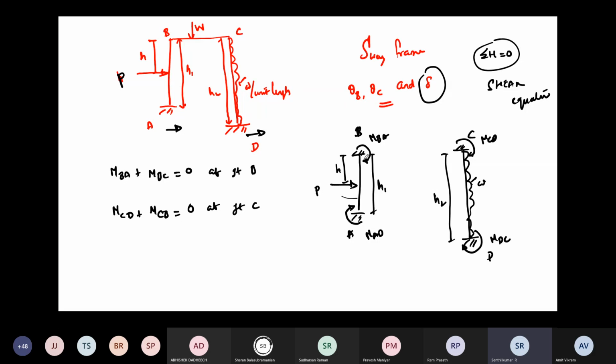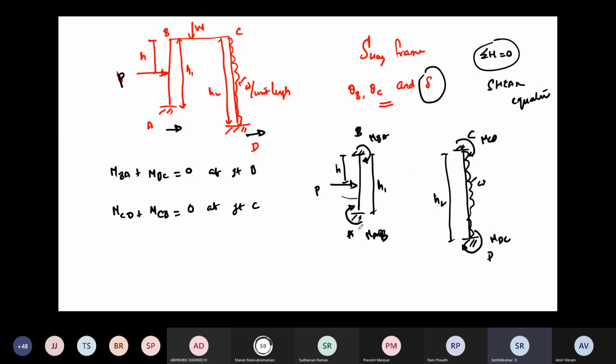So I'm taking this member AB. Assume this is a rigid joint, surely end moments will be there, and here also end moments are there, final moments. This is not the loading due to the moment, this is the final moment. This may be due to the rotation, this may be due to the deflection, all the things are included in this MAB. This is not MFAB, this is MAB. Okay, this is the final moment. So what I'm doing is, I'm just assuming everything is in the clockwise direction because we are going to derive the general concept. So this is MAB clockwise, this is MBA clockwise. Same thing here also, MCD clockwise, MDC clockwise, right?